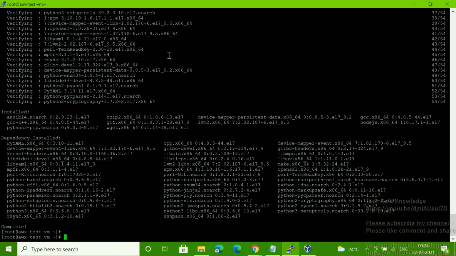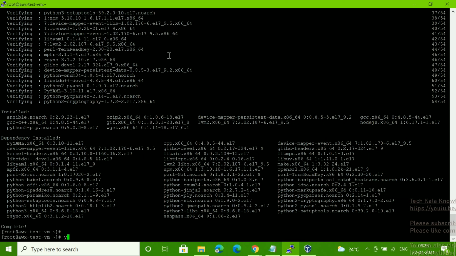Fine. So you can see all my packages are installed now. Okay, so now let me check. This is CentOS and Red Hat. If you have Red Hat 7, then you can use the yum command. And if you have Red Hat 8 and CentOS 8, then you can use the dnf command. And if you have an Ubuntu server, then you can use the apt-get command to install packages. And if you have SUSE Manager, then you can use the zypper command. Zypper is a package management tool. Here we call it yum, there in SUSE it is zypper.